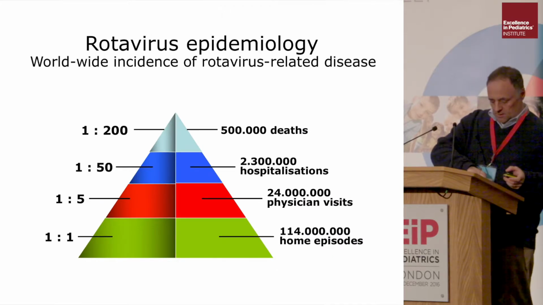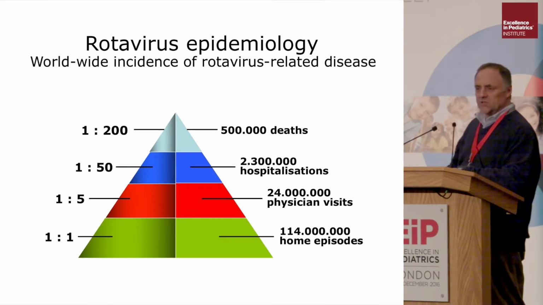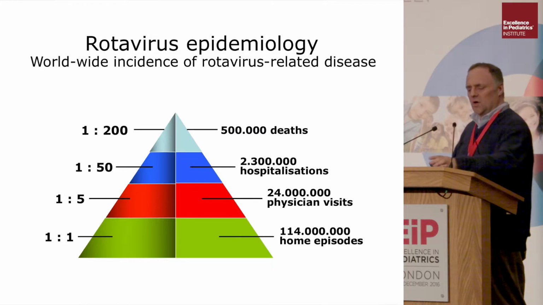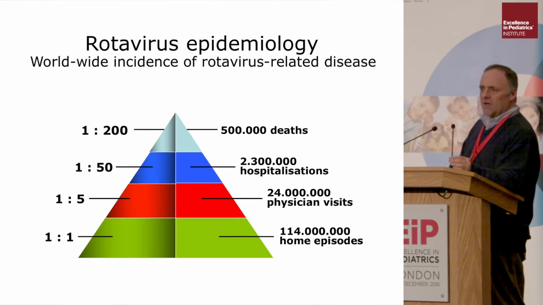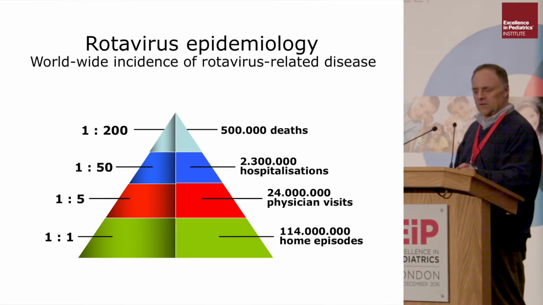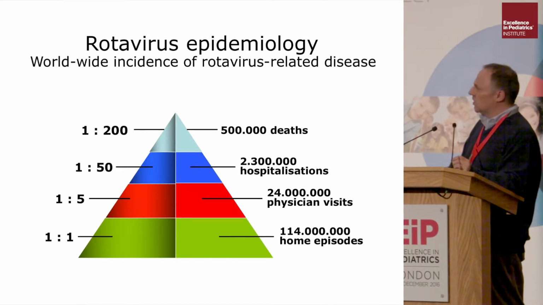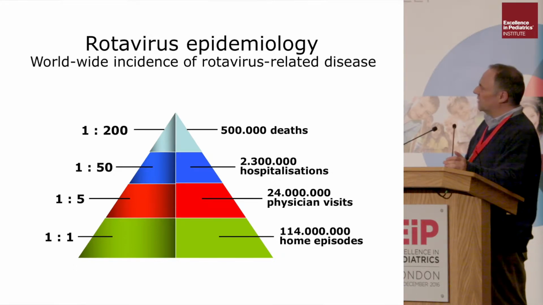Almost every child will develop an episode of rotavirus. This is something that you cannot escape. At this moment, we do not have evidence of mutations in the body, or in a certain receptor, that will protect you from rotaviruses. This is unlike for noroviruses. For noroviruses, that's the case. For rotaviruses, we don't have that evidence yet. So everybody will encounter rotaviruses at probably an early age.